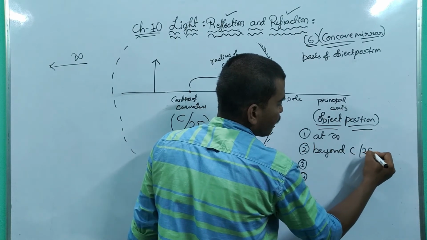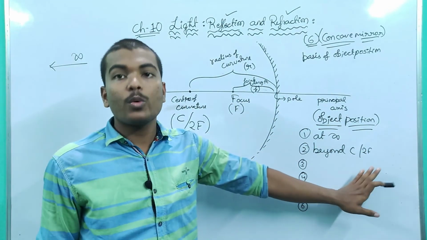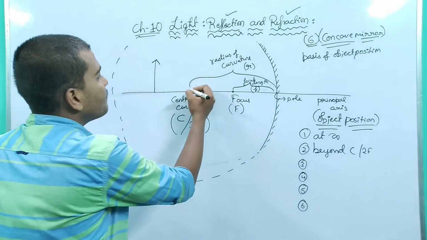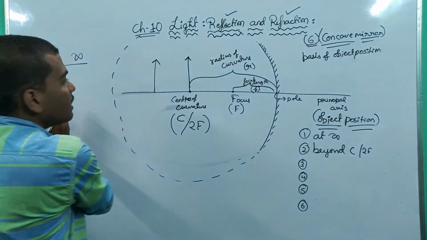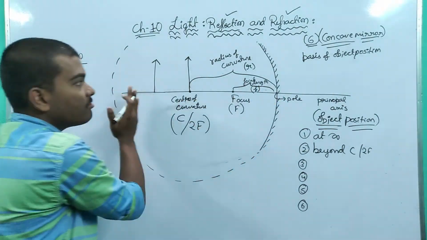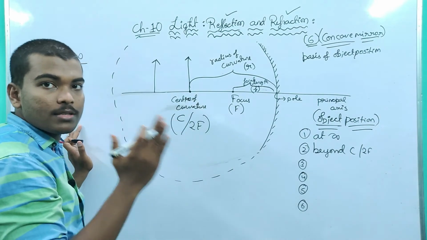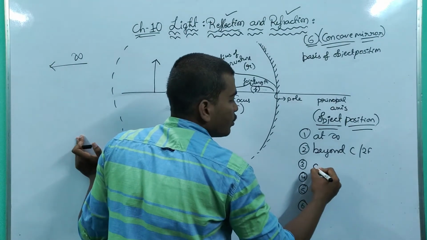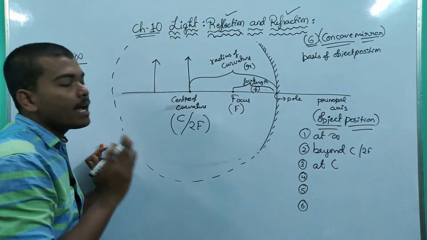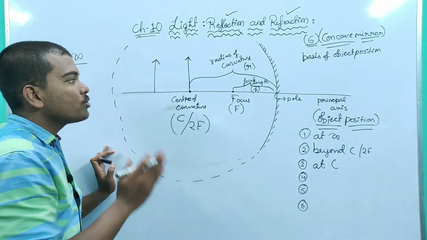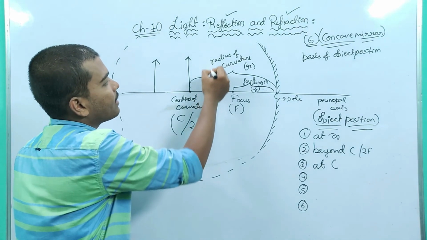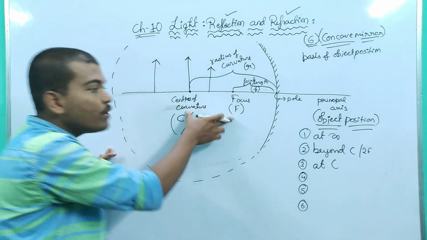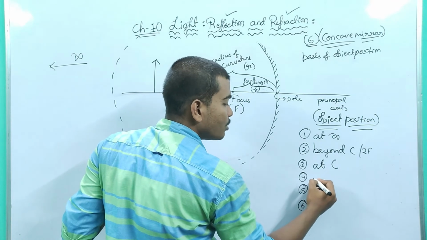C, you can write it 2f, no problem, because many of the books have also written it as twice the focal length. When the object is present behind the center of curvature, then the object is shifted from infinity towards the pole, and these are the different positions. We are going to get 6 positions in between. When the object is positioned on the center of curvature, we are going to say the object is present at C, right? So again this is shifted, and again let the object be present in between center of curvature and focus. We are going to call it the 4th position,